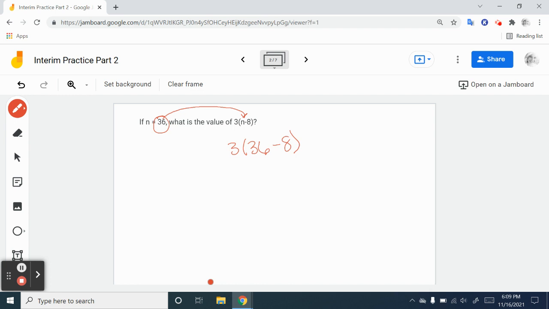Okay, 36 minus 8, that is 28. So now I have 3 times 28, because I have to do what's in the parentheses first. 3 times 28, so I'm just going to do that over here real quick. 8 times 3 is 24. 2 times 3 is 6, 7, 8. So 84. So, like I said, number 2 is actually multiple choice. So whatever one matches what I got, that's the one I'll choose. So for number 2, make sure you substitute the value in first,